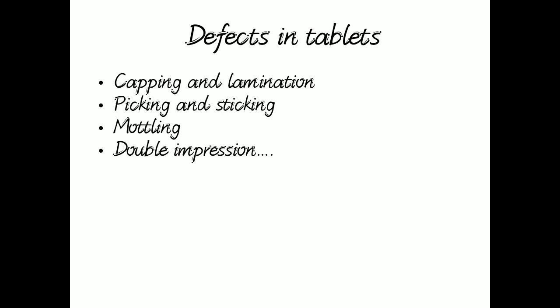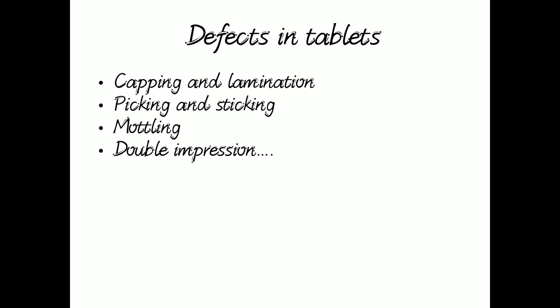Another cause may be incorrect setup of the machine, the rotary tablet machine, or the way where actually the compression cycle is to be carried out. Okay, so this was about capping and lamination. Next one, another important one, picking and sticking. That means surface material from a tablet which is sticking to and being removed from the tablet surface by a punch is called picking. It can be